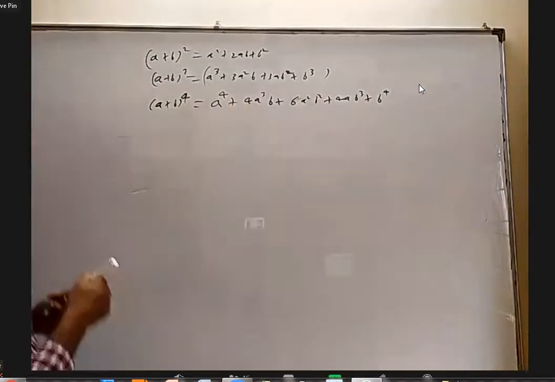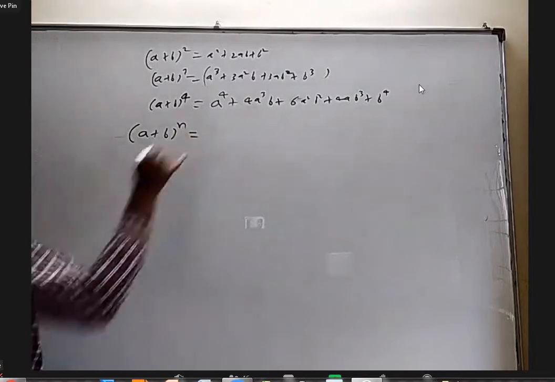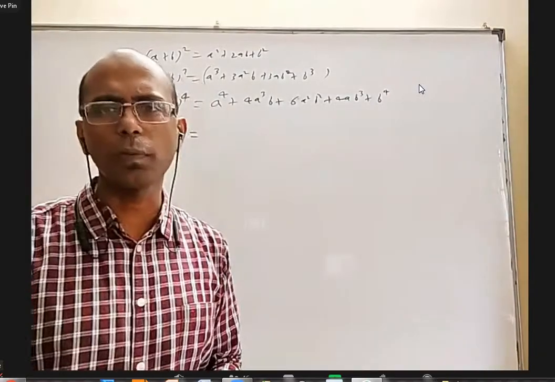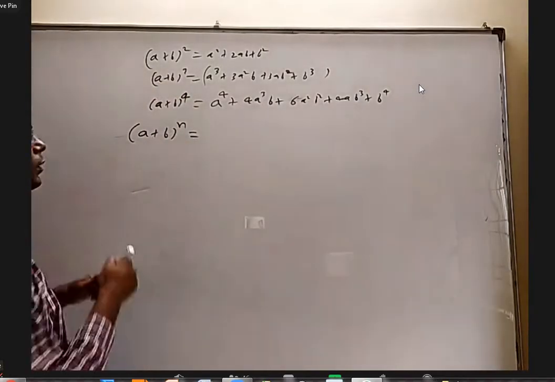So we are not going to worry about it. I am going to give a general formula. (a plus b) whole power n is actually called the binomial theorem. In second year, there is a topic called binomial theorem. We teach it for at least 3 weeks at that time. But I'll just state the formula.